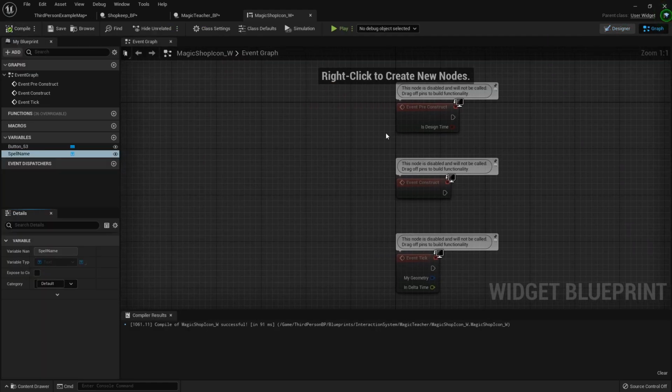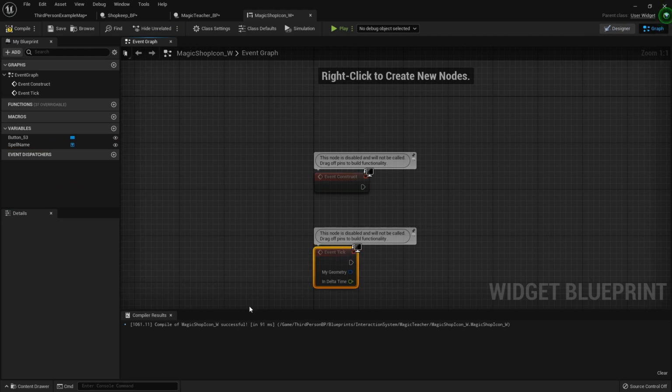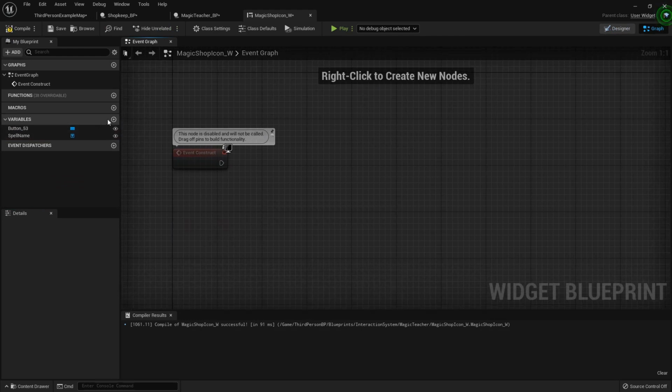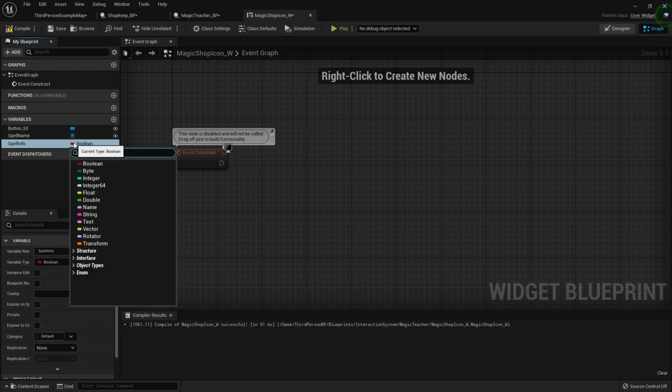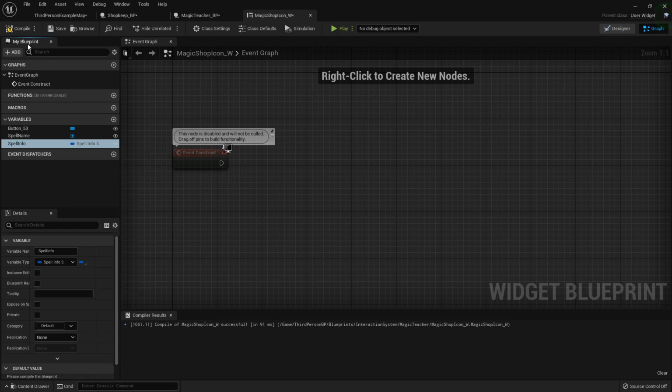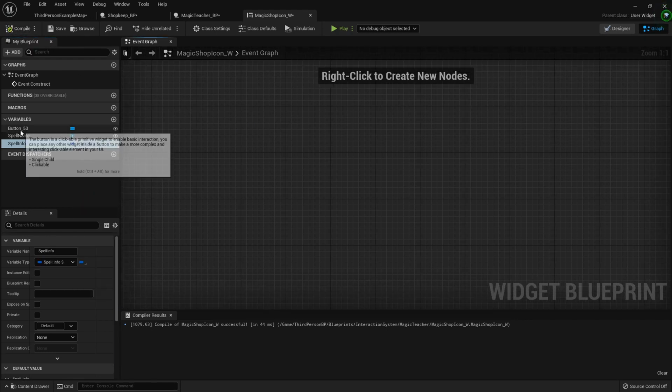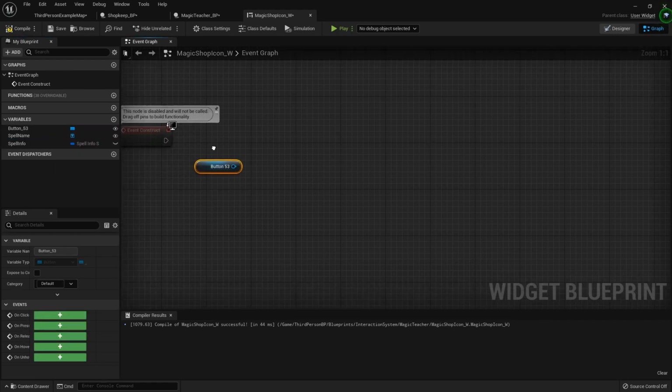Then I'm going to head over into the graph, get rid of the pre-construct and the tick. We don't need that. Now in the variables, I'm going to add spell info. That is going to be of our spell info structure. Compile that. Grab out my button, get that bad boy,